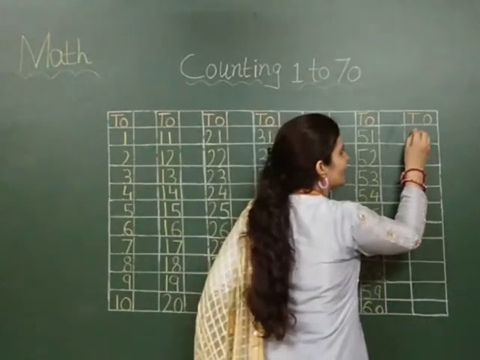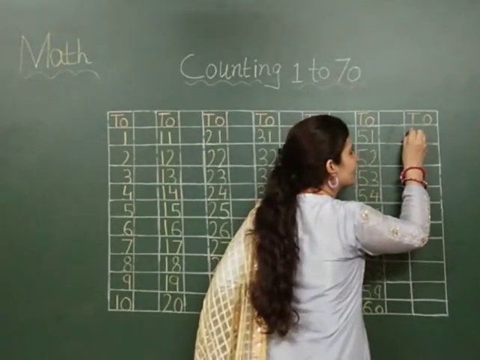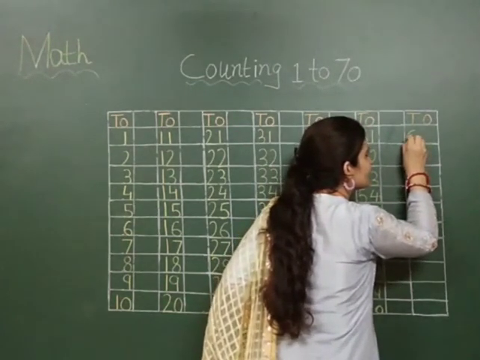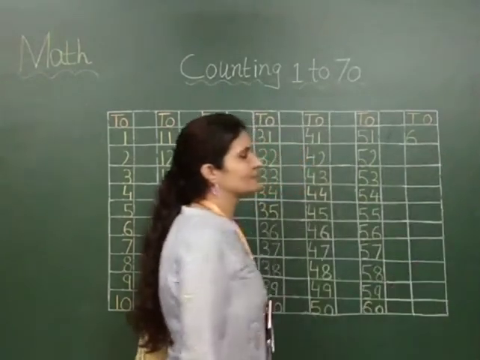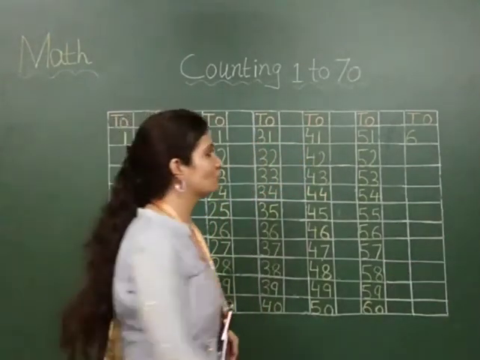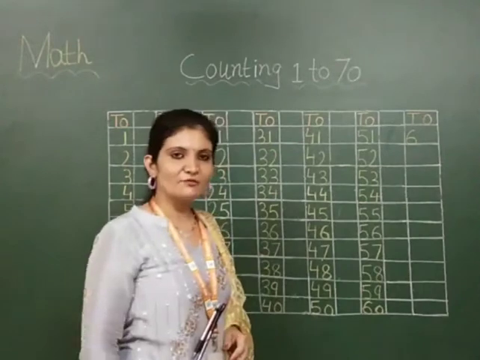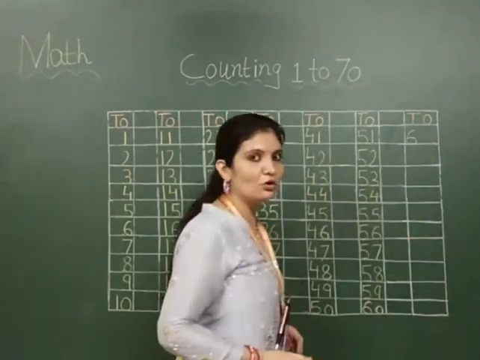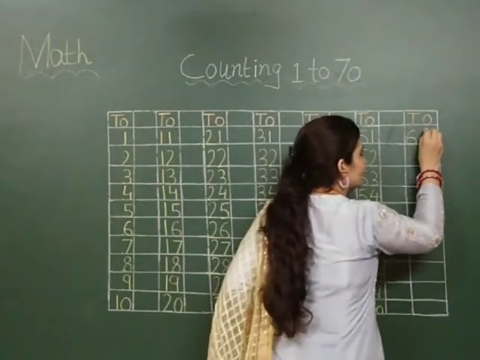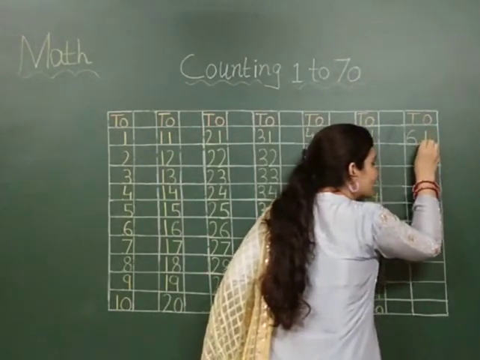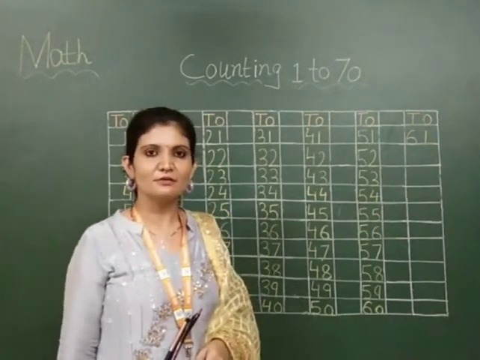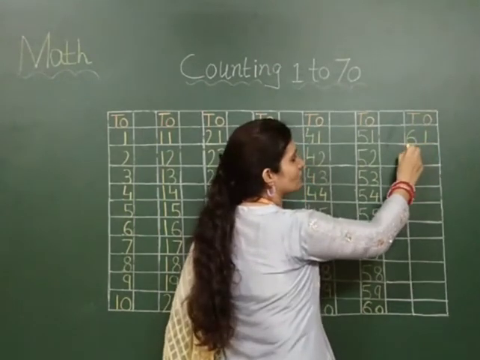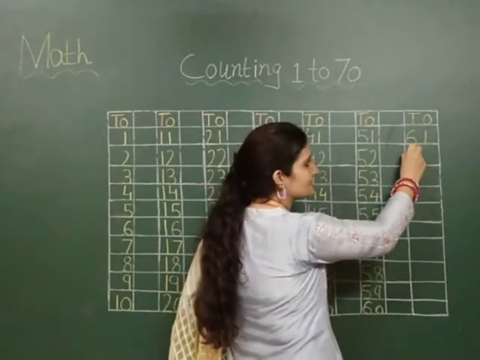Here we have to write number 6 below T. Okay. And you have to make 6 like this: first curve and then second curve like this. Okay. And what you have to write here? We have to start from one number. So we have to write here 1. Below ones we have to write here 1 like this. Okay. Now this is called 6, 1, 61. This is 6 and this is 1.